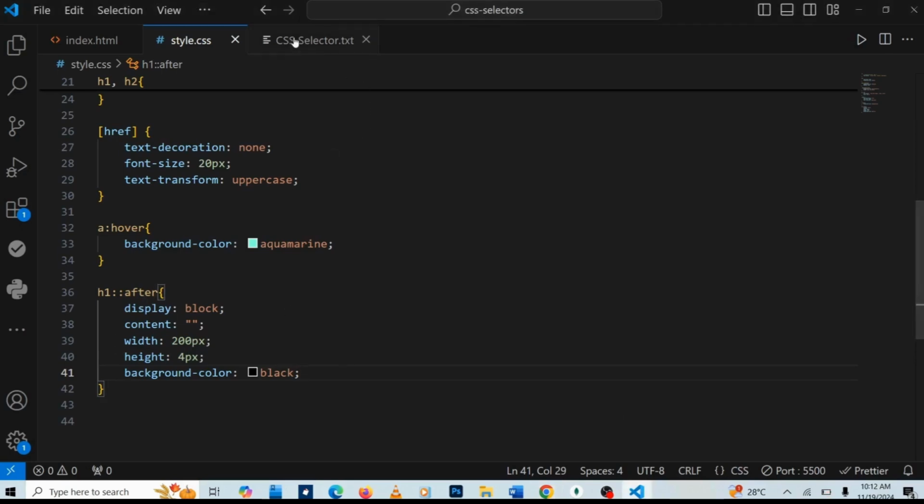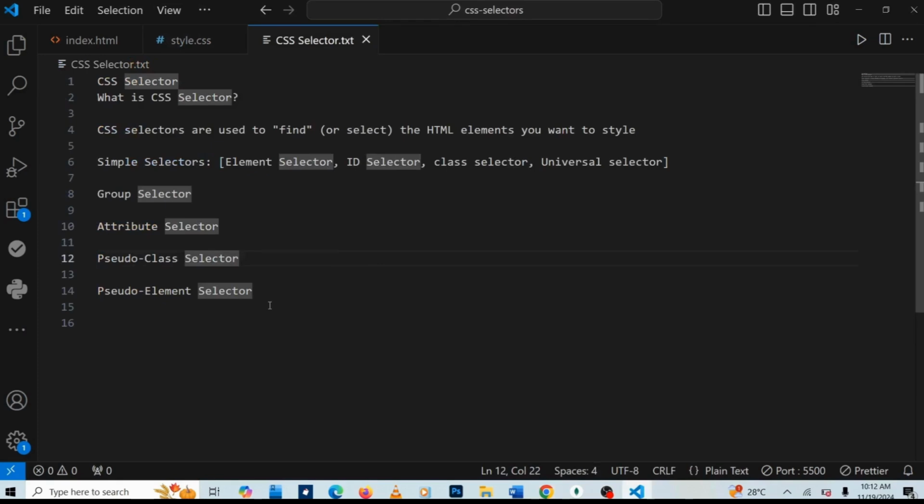So those are just the basic CSS selectors that we've looked at in this series. So subsequent time, we'll look at how we can actually apply it in a real life